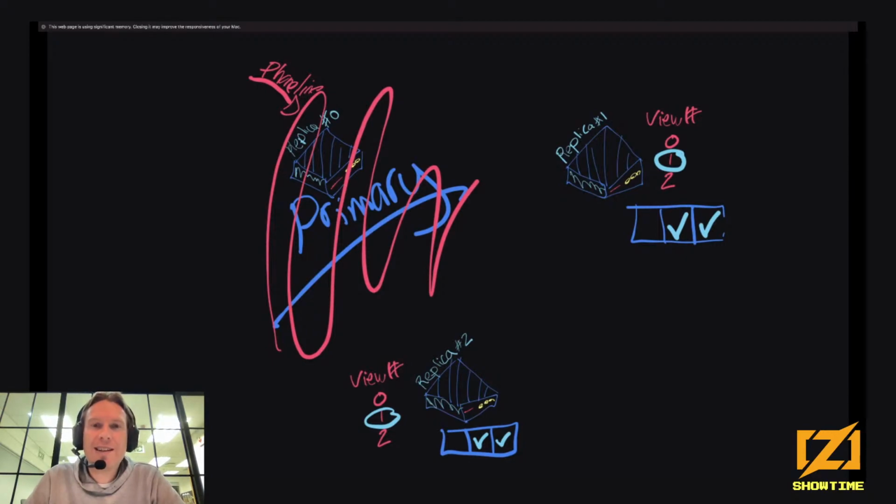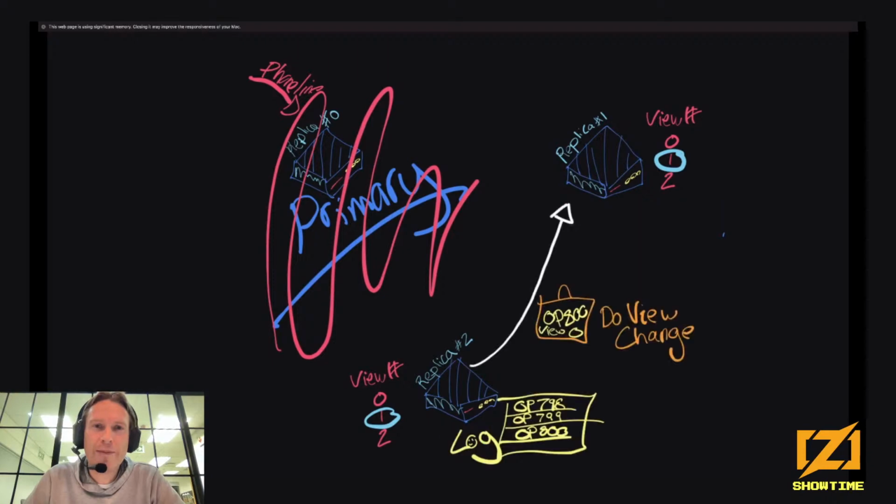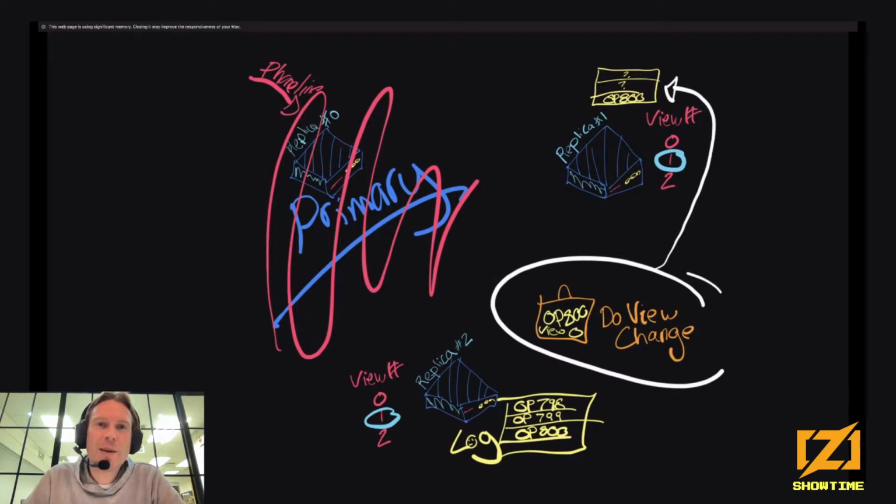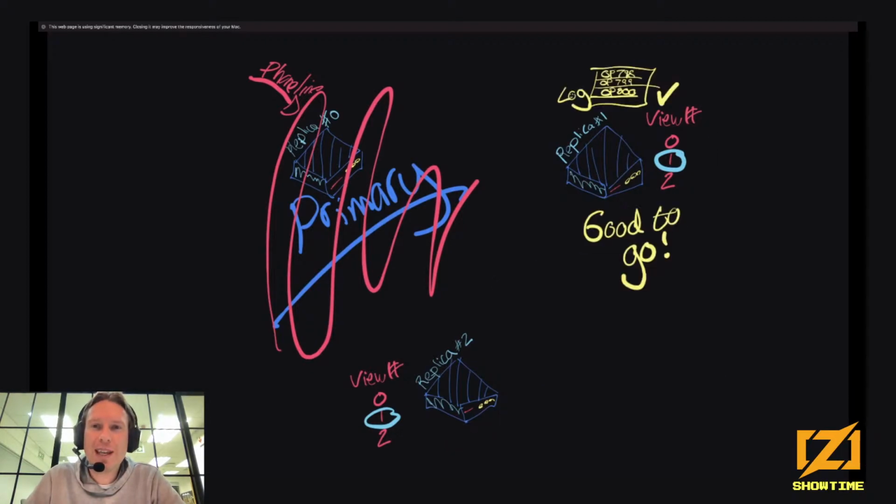It only needs to send the latest op, which is op 800 for replica 2, so it sends it in a single packet to replica 1, like this. And then replica 1 can see that it only has ops up to 502, whereas replica 2 has op 800, so it sets its latest op to op 800, and then it asks replica 2 for the other ops to catch up. And then when replica 1 is all good to go, it unfreezes its new view number, and then